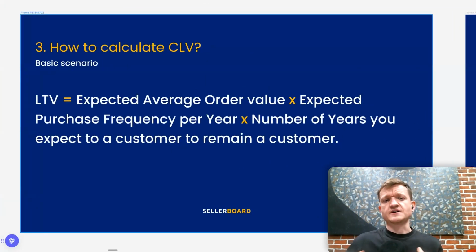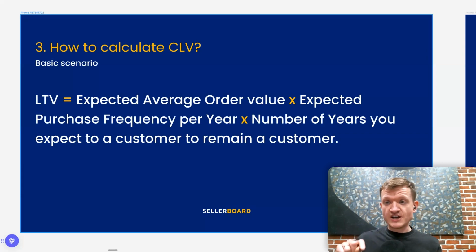How do we calculate this customer lifetime value? The basic formula, the basic scenario, is pretty simple. You need to take your expected average order value for a product and then multiply it by the expected purchase frequency per year, and then multiply it also by the number of years you expect your customer to be with you. But the only problem with this approach is that you need accurate data to really understand what the final value will be. And this is the problem,